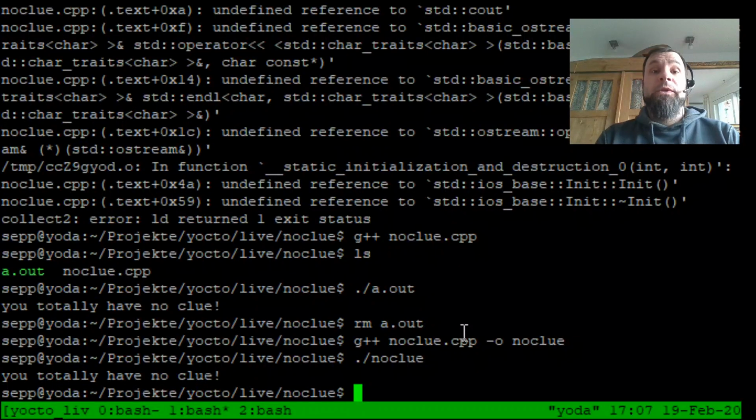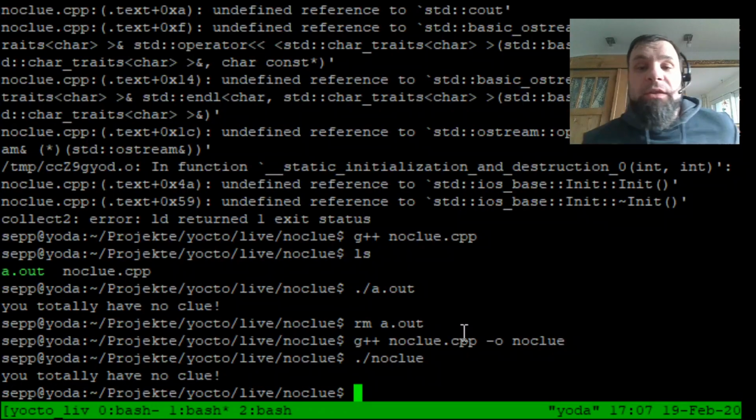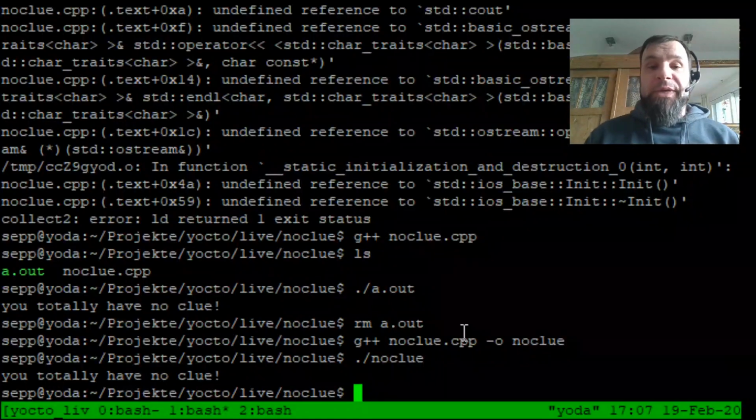Okay, hooray! This is like the Yocto live coding equivalent of a C++ Hello World application. It's telling us that we have no clue. I think that's already not that bad. Okay,